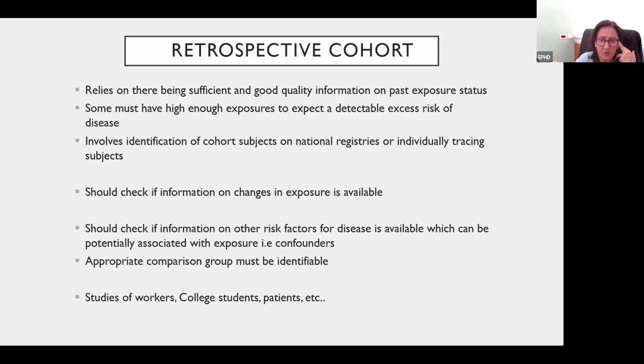As I said, do we have information on confounders or other diseases? And then when I take this kind of example, it means I need a comparison group. So for this comparison group, at the time of this historical cohort 20 years back, who would be their comparison group? Maybe another factory with no exposure to detergent, maybe employees within the factory who are administrative, who don't have any direct exposure to detergent. So can you think about a retrospective cohort